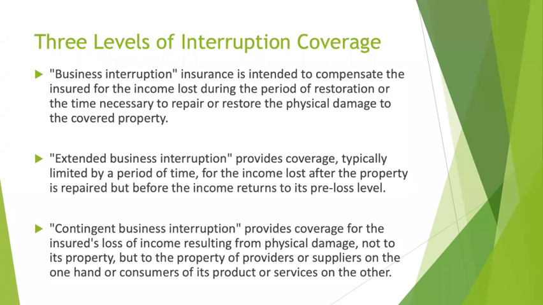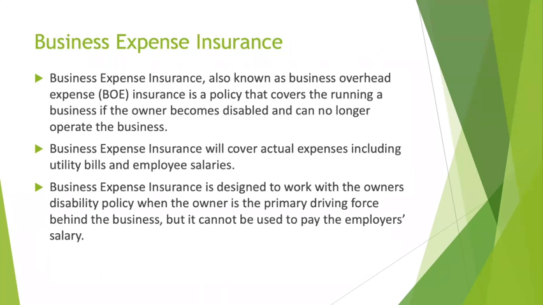And so we can look at some other types of accounting for that. We could put in a rider for business expense. This is a type of insurance known as business overhead expense. And this is really designed to cover a company whose owner becomes disabled. It could be temporary or it could be a loss of the owner.